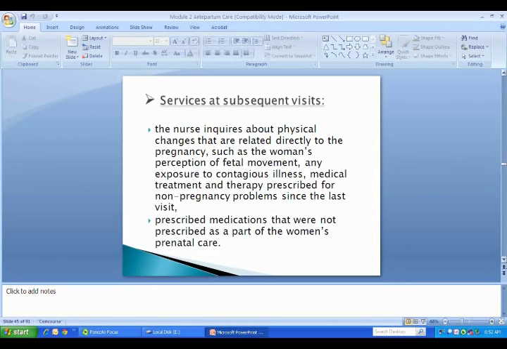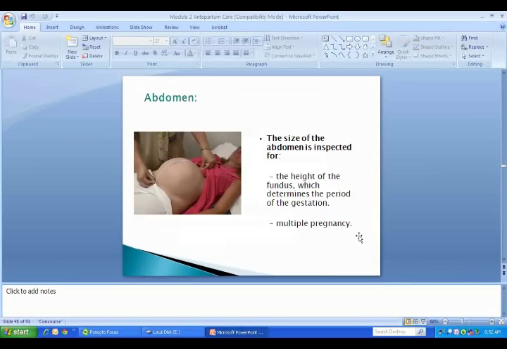Also, in our assessment of the fetus, we would again check up on fetal movement, listen to the fetal heart rate, make sure the fetus is also doing well, because remember, we have 2 patients. So first we look at the abdomen. First thing we do is, again, you look at it, you inspect it,